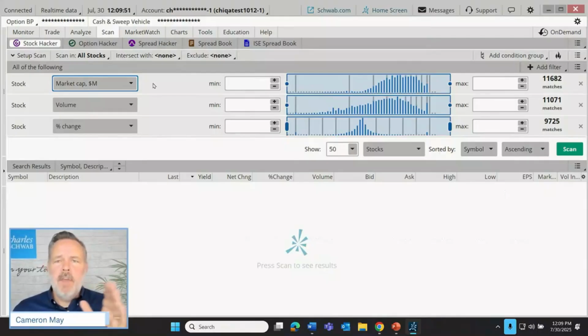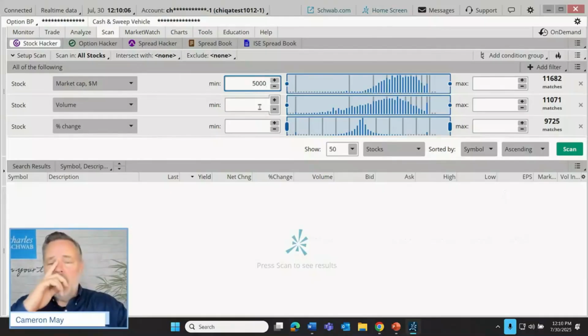2 billion or fewer is generally seen as a small cap company. 2 billion to 10 billion is a mid cap company, and 10 billion or larger, generally a large cap company. And let's say that our hypothetical investor here is looking at least for mid-range, mid cap. Let's say they decide to go with 5,000 million. Notice our market capitalization here is expressed in millions of dollars. So 5,000 million would be a $5 billion company.